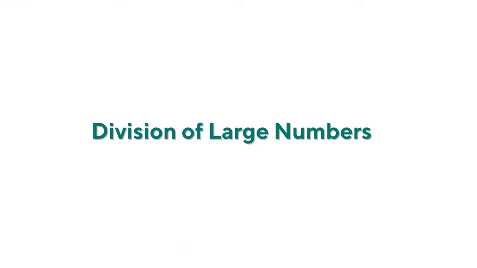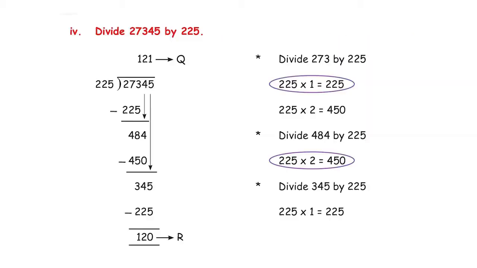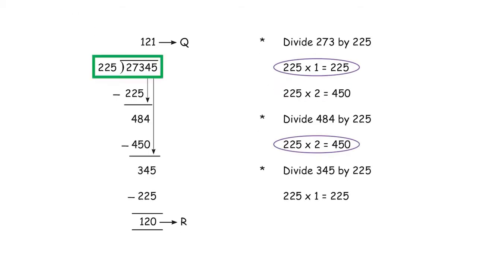Here's an example. There are 27,345 apples to be packed in 225 boxes. How many apples will be there in each box? How many apples will be left over? How can we answer this question? So first, let's divide the apples into these boxes. 27,345 divided by 225. The first step is to divide